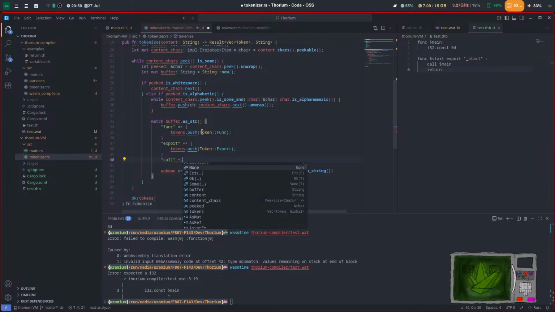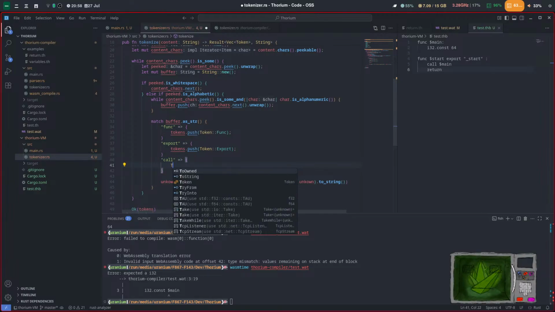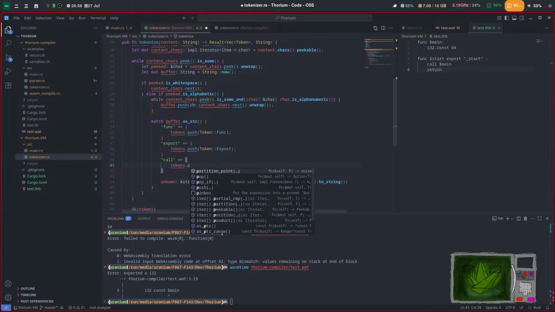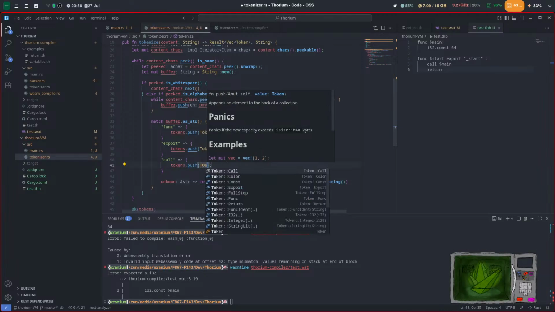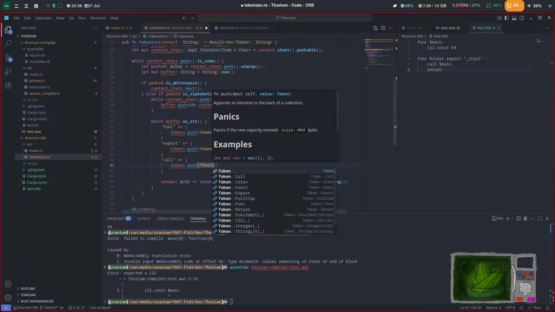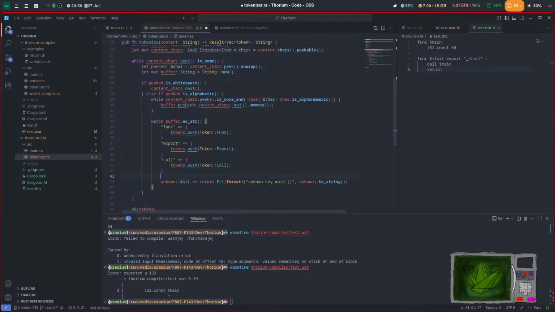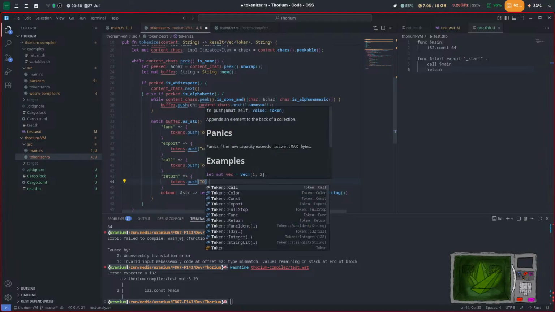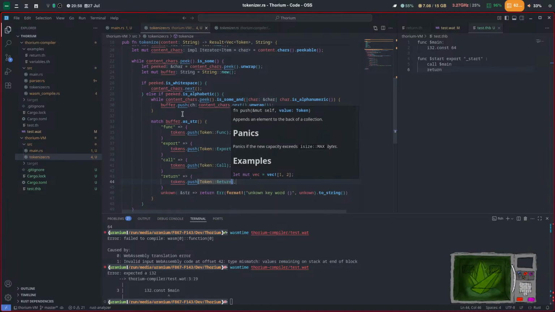All is going to be tokens dot token call, and we'll have one more called export call and return. Okay, and